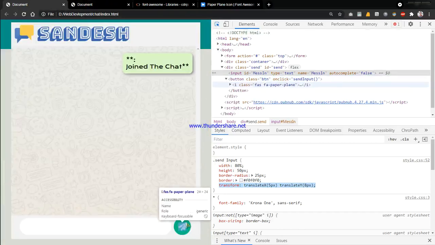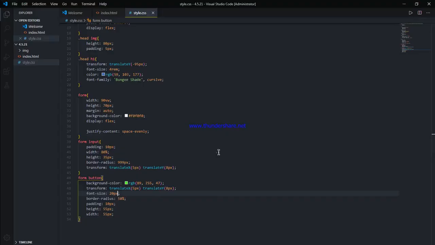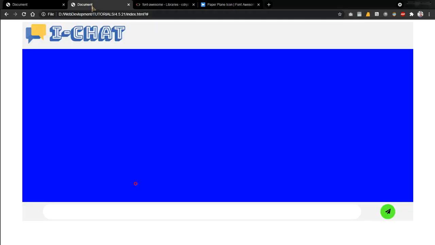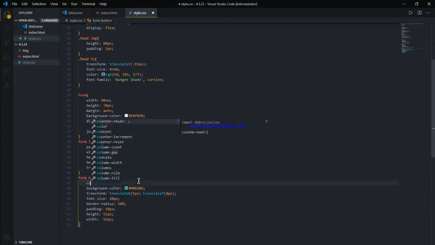This color looks kind of good to me, so I will copy this color and paste it. As you can see, I have pasted the color and it's black, so you can set the color.